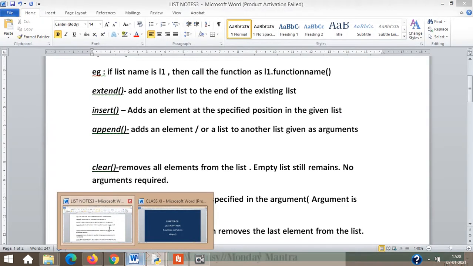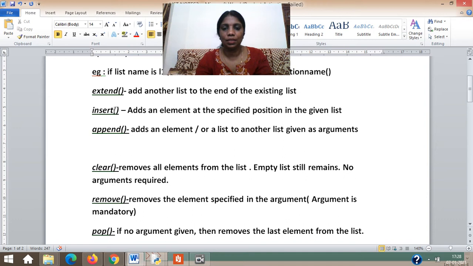Among the functions which we learned, extend and insert also require you to specify the position, and in pop also you have to specify the position, but don't compare extend, insert, append with clear, remove, pop. Do it like this: compare extend, insert, append with each other, then clear, remove, pop with each other.